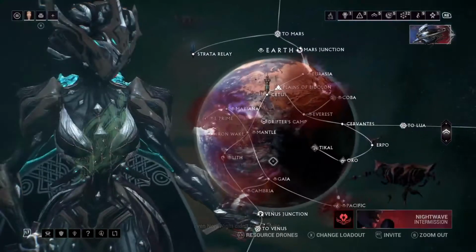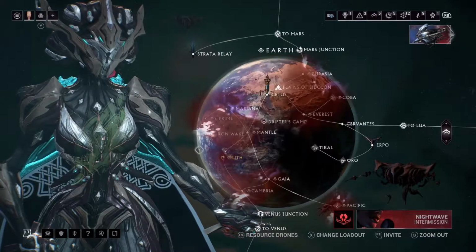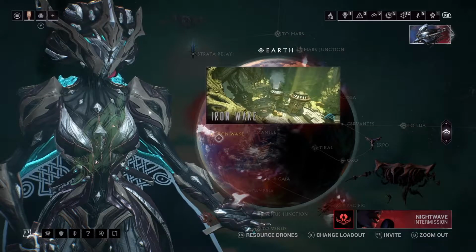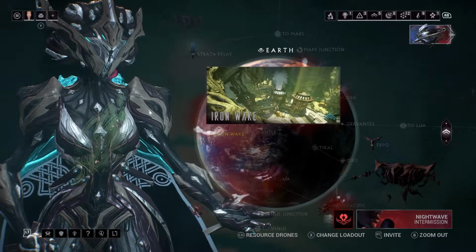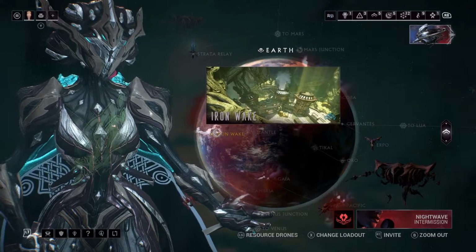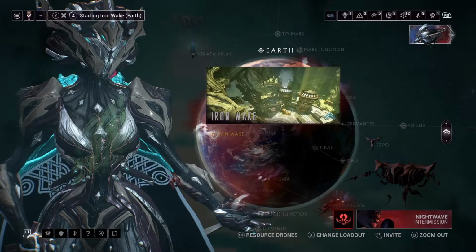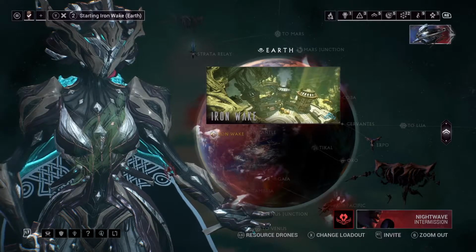Now, let's pop over here. Where do you use Vitus Essence? What can you use it for? Well, you can use it for a lot of things, but we will just focus on one area at the moment, and that's Iron Wake. It's on Earth. You pop over there with your Vitus Essence, and what we're going to spend it on is